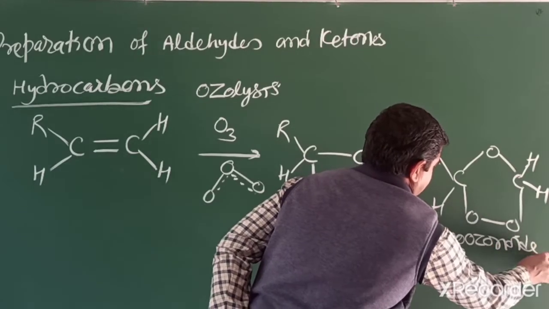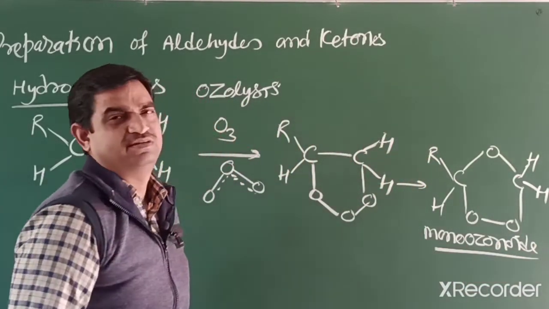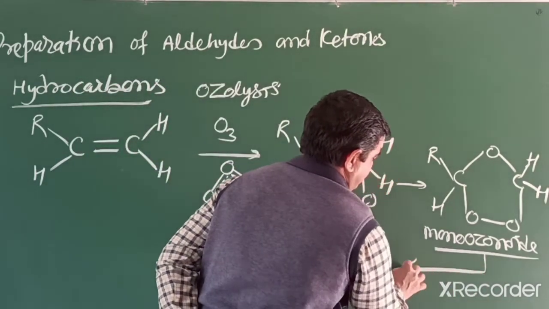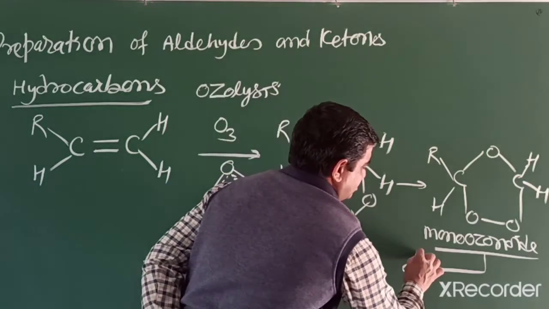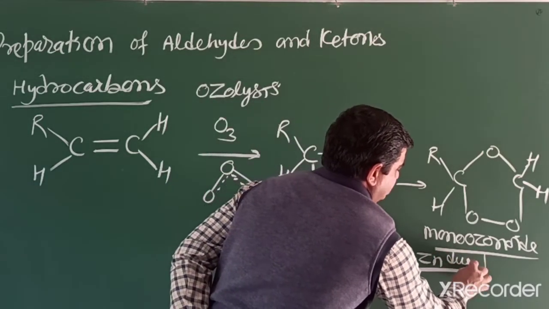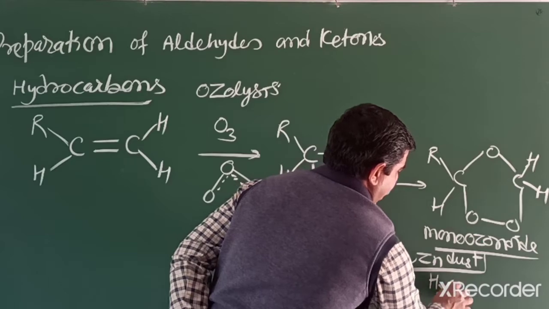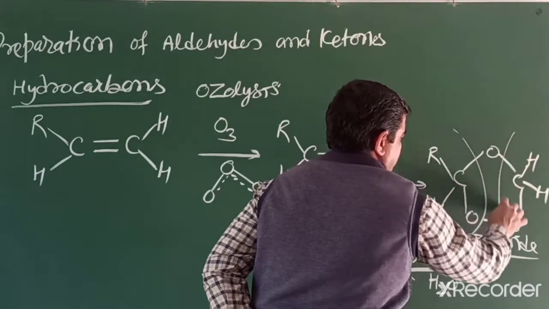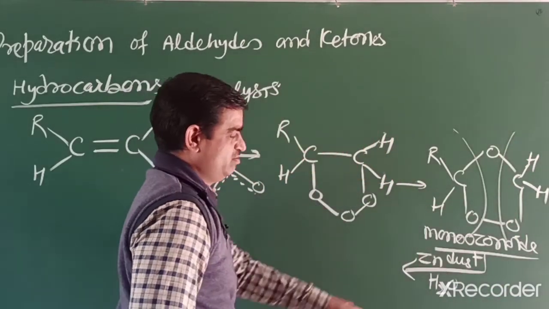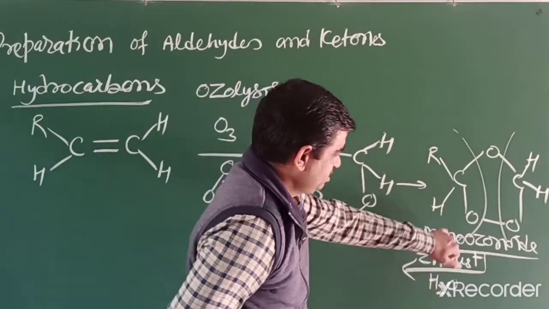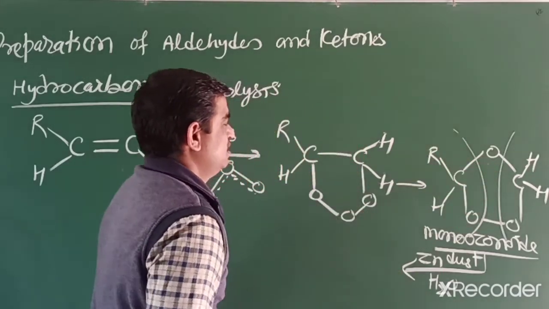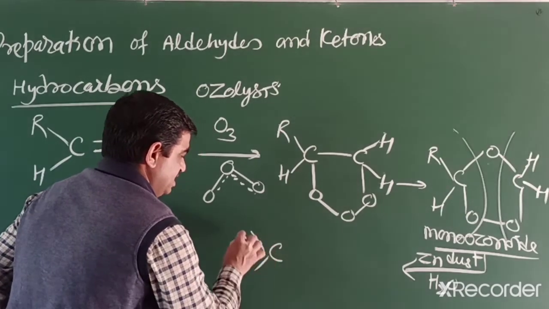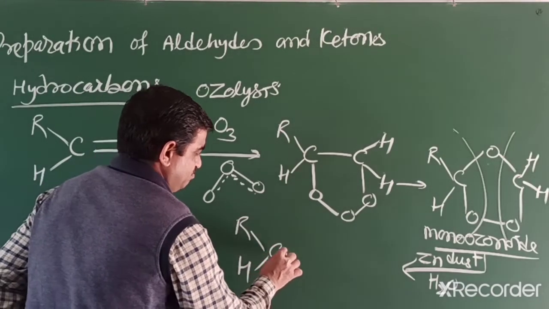Monoozonoid. We already studied this in 11th class in the hydrocarbon chapter. After that, what happens when it reacts with zinc dust and water? This reaction forms a different compound. What is the role of zinc? Zinc removes this one oxygen and we get the product, which is either aldehyde or ketone or both, depending on the